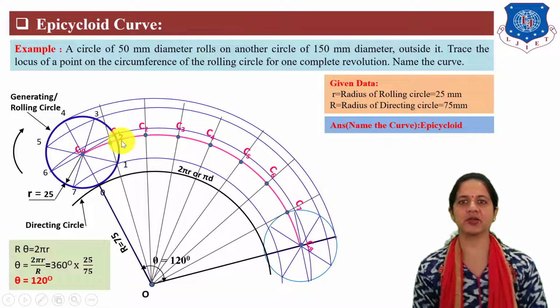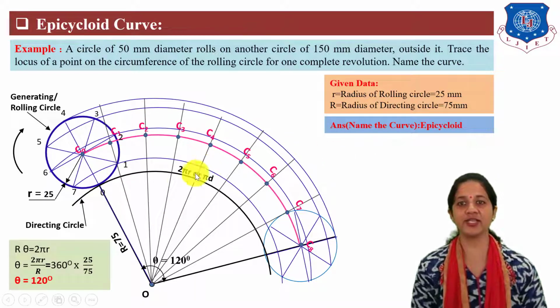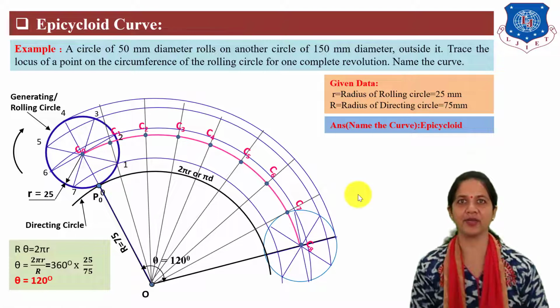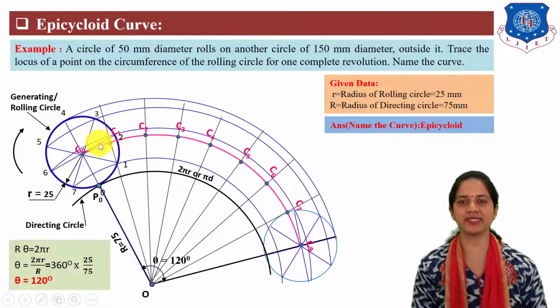Locate C0, C1, C2, C3, C4, C5, C6, C7 and C8 center points on this radial division line. Now, the initial locus point is at the contact point of the rolling and directing circle. For the remaining locus points, take center C1, radius equal to the rolling circle, and cut an arc on the number 1 arc